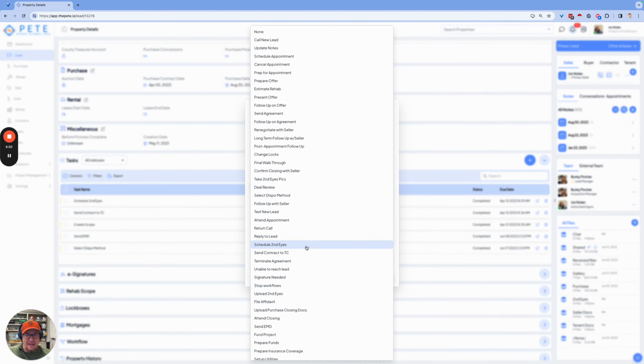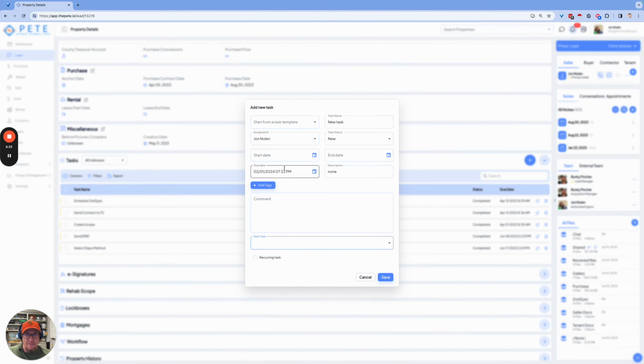And then this is a nice one. So let's say it's a task to follow up with the seller until closing every week. Well, you can put in a recurring task, so it'll have a task every week, or you can just set it up so